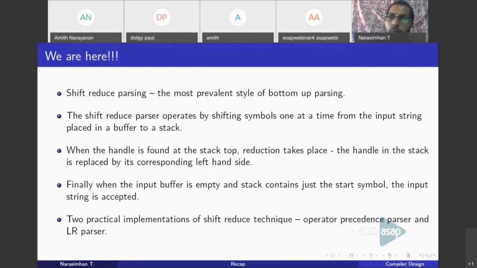The corresponding left-hand side of the production will be pushed into the stack. That is what we mean by reduction. So this will be repeated. There will be a sequence of shift operations and a sequence of reduce operations. Finally, when you find that the input buffer is empty, that is, you have reached the end of the input